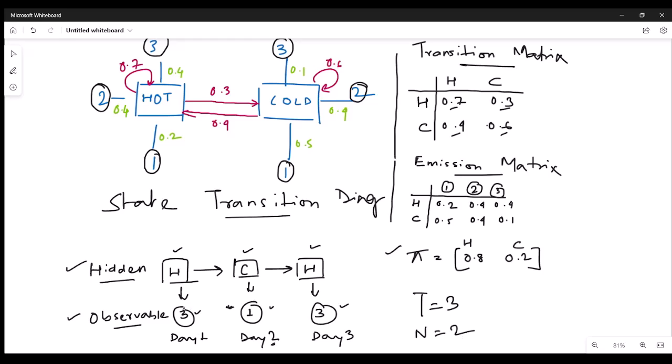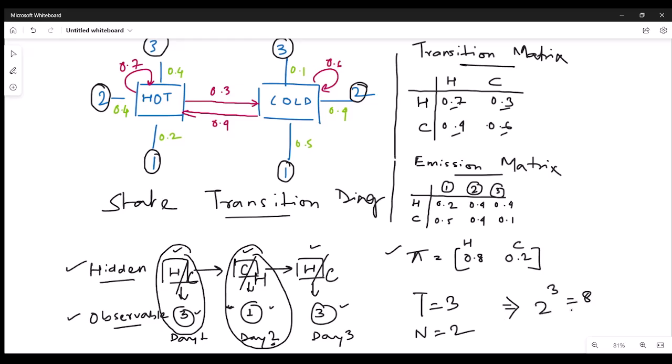Now for each observation, for day 1, each observation could be hot, and it could have been cold also. Now for day 2, we can also identify this could have been cold or this could have been hot. This could have been hot or this could have been cold. So there could be various combinations of hot and cold for each observation. Thus, we can say that the total number of combinations that could have been possible is 2 to the power 3